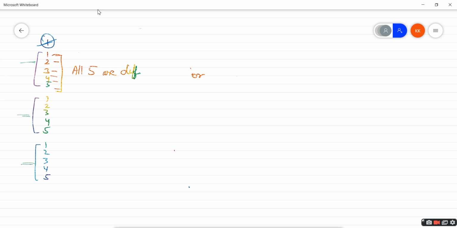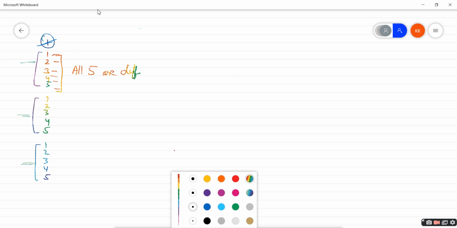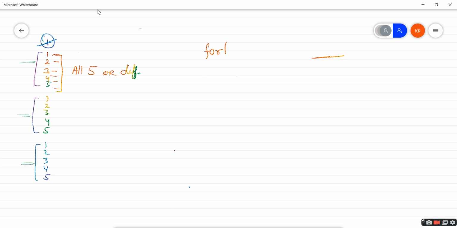Then the question arises. The answer is, in our for loop we have one last part which is termed the increment or decrement part. Remember? Yes, ma'am. Now look at this. We started from 1, then 2, then 3, then 4, then 5. This is not the same output, but one thing is common: all the values are incremented by 1, right?